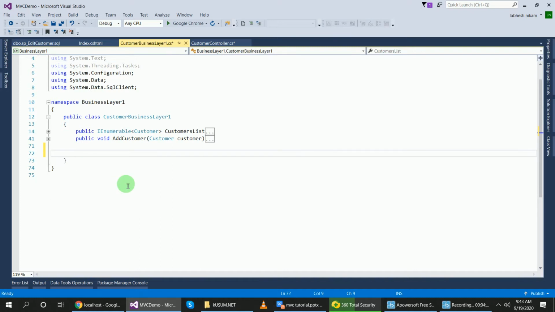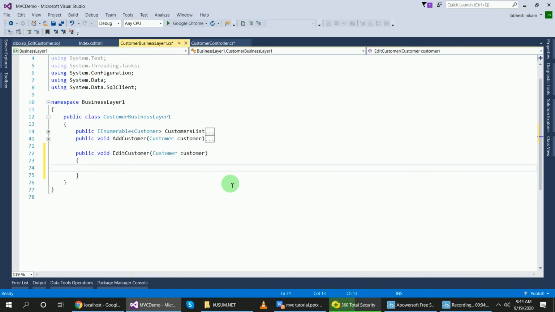Let's begin to write the method for updating the data. Public void EditCustomer. This is my method to update the data, and inside it I will pass a Customer class object, suppose the object name is customer.